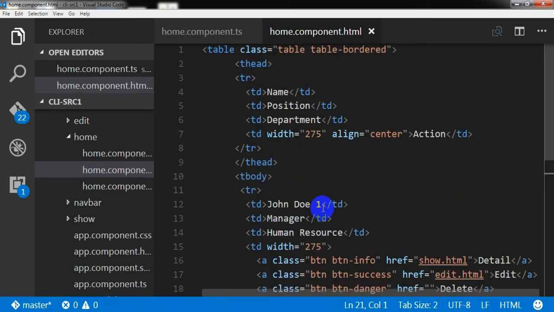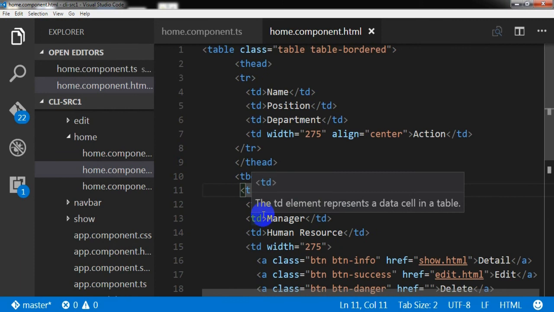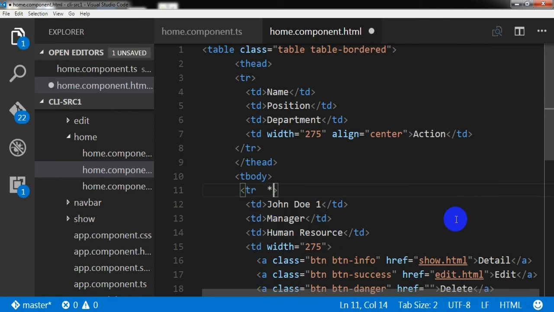So for doing that, I need to write here *ngFor is equal to let employee of employees, and